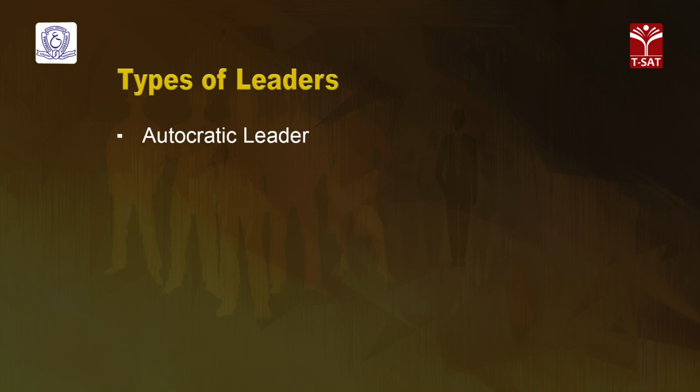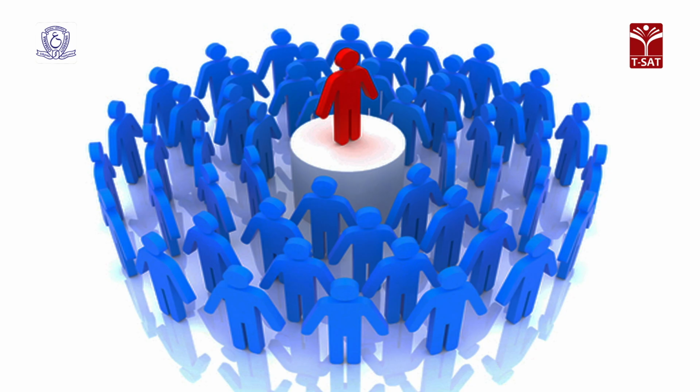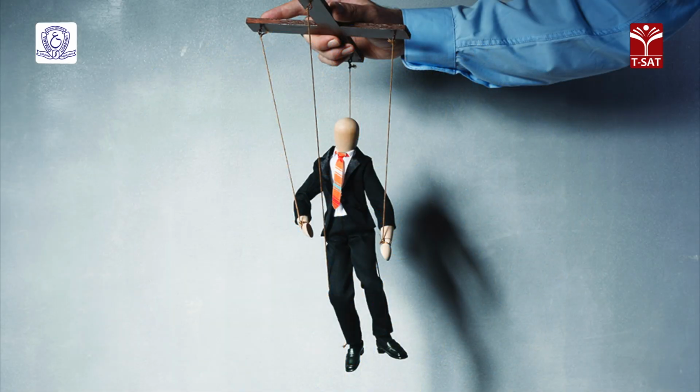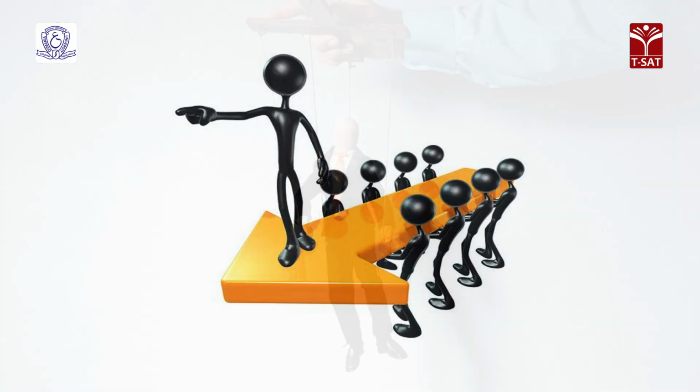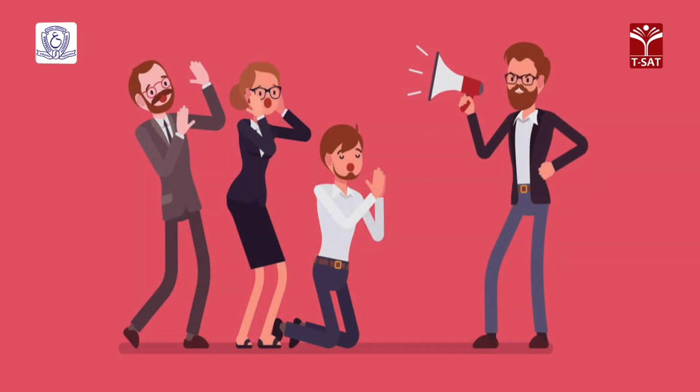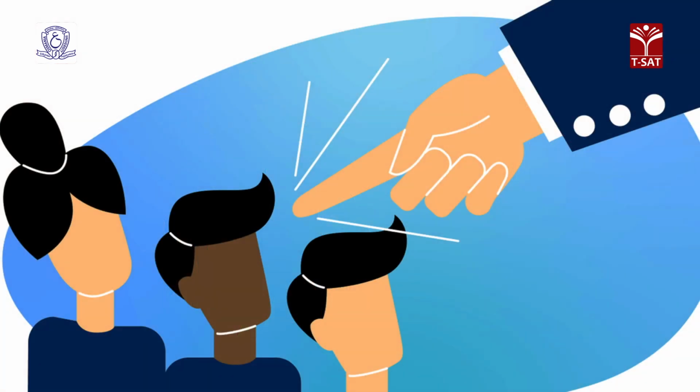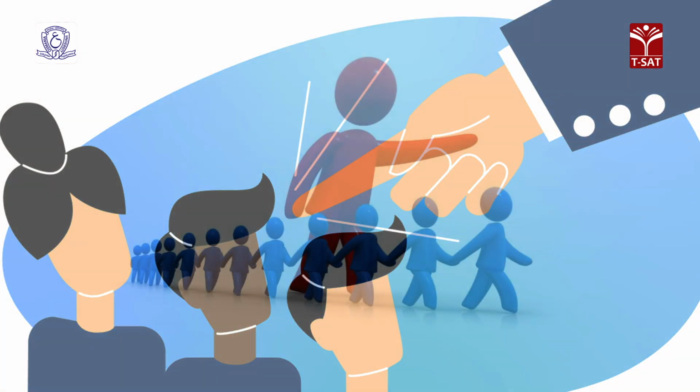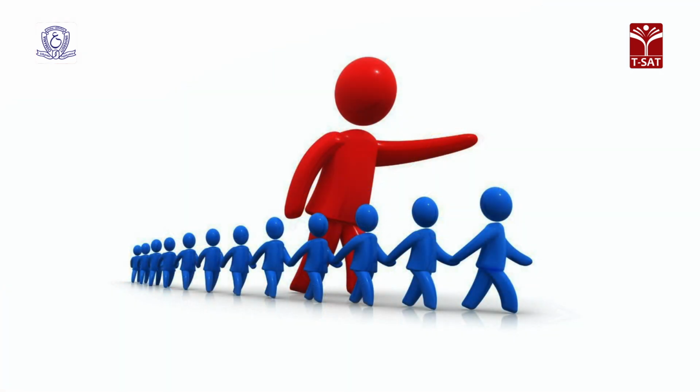First, we will be discussing the autocratic leader. Autocratic leaders centralize power of decision making in themselves. They structure the entire work situation in their own way and expect the workers to follow their orders and tolerate no deviation from their orders. The subordinates are required to implement instructions of their leaders without question. They are entirely dependent on their leaders and the output suffers in the absence of the leader.